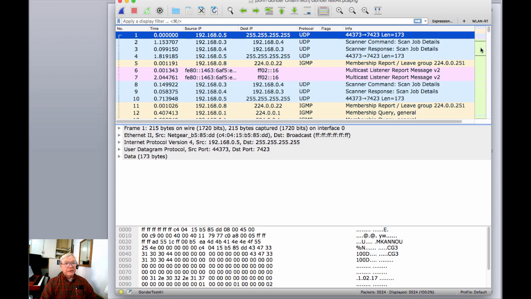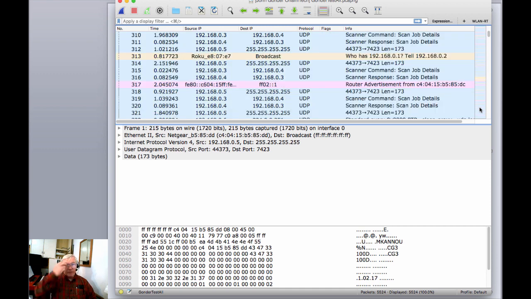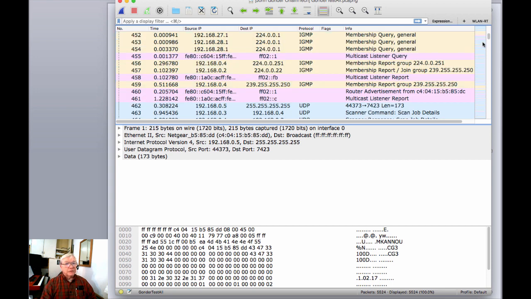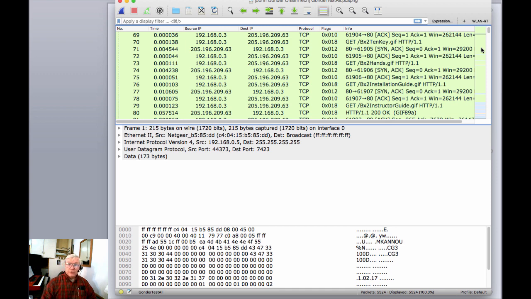One of those would be if we scroll up and down, and I can actually click in the middle of this special scroll section here, which is colored like the coloring. We're going to talk about coloring rules later. So different kinds of packets are colored differently according to the coloring rules that are currently in effect. You'll learn to create your own sets of coloring rules.